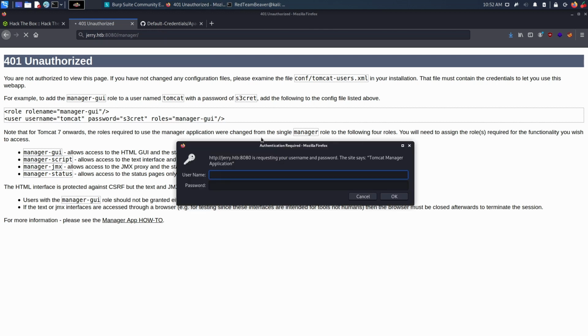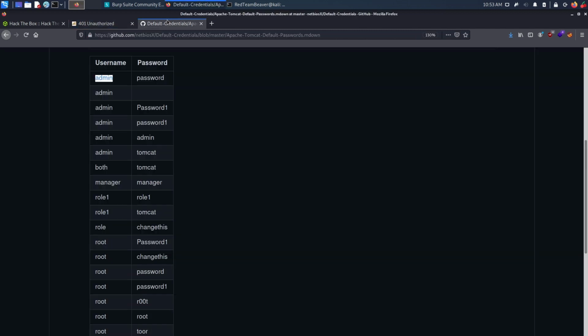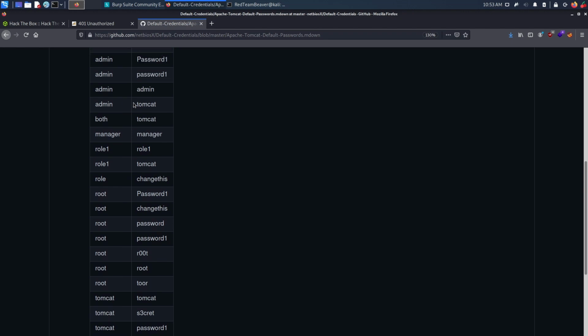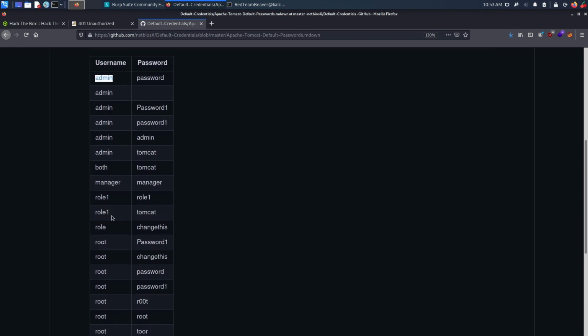All right, this doesn't seem to work. So let's try admin and then Tomcat. Then admin and then password with a capital P. Now you get the gist of it. If you wanted the most beginner-friendly way to attack it, it would be to simply try all of these passwords one